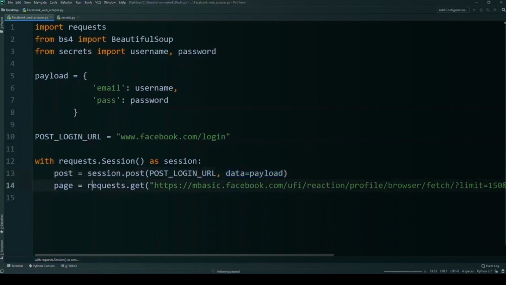And then once it's done that, it can now request the HTML content of the web page that we want, which we've listed here. By using Beautiful Soup, we will be able to extract the names from that HTML code, that chaos, and put it into a list, which we can use later.